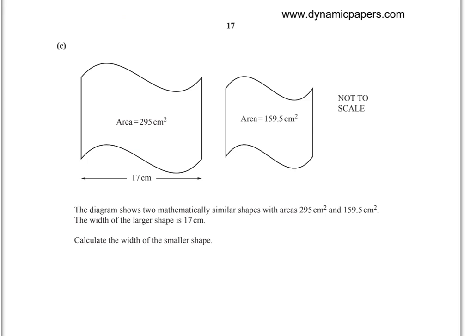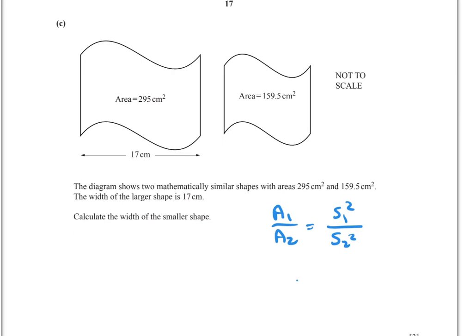C. The diagram shows two mathematically similar shapes with areas 295 cm² and 159.5 cm². The weight of the larger shape is 17. Calculate the weight of the smaller shape. Because they are similar, area 1 over area 2 equals side 1 squared over side 2 squared. So apply the rule. So 295 over 159.5 equals 17 squared